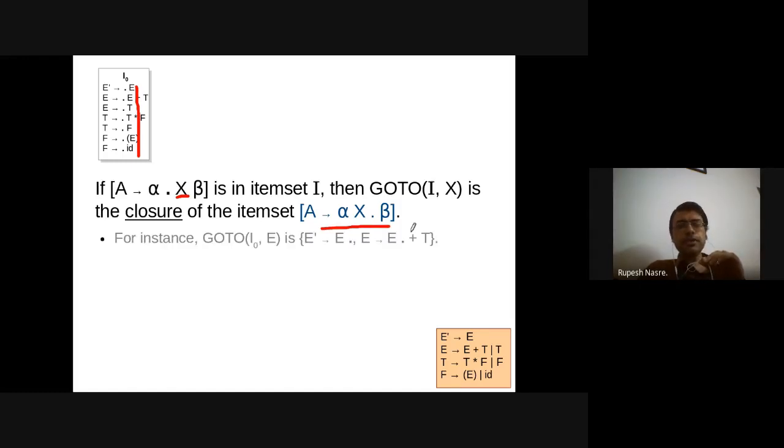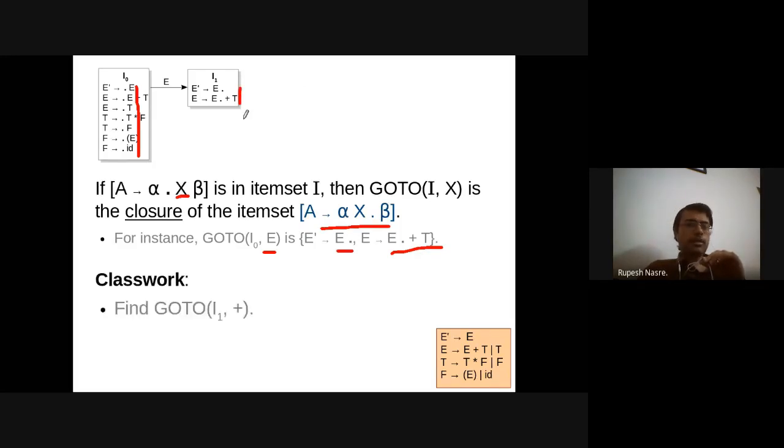So go to I0 on E is going to be E dot, so you are going to consume E, and therefore that dot moves here, and similarly E dot plus T will also be present. That defines our new state, and if you try to come up with a closure of this, these two are kernel items. Both of these are kernel items, and there is nothing else which gets added because there is no non-terminal after dot, and therefore this itself constitutes your final closure state.